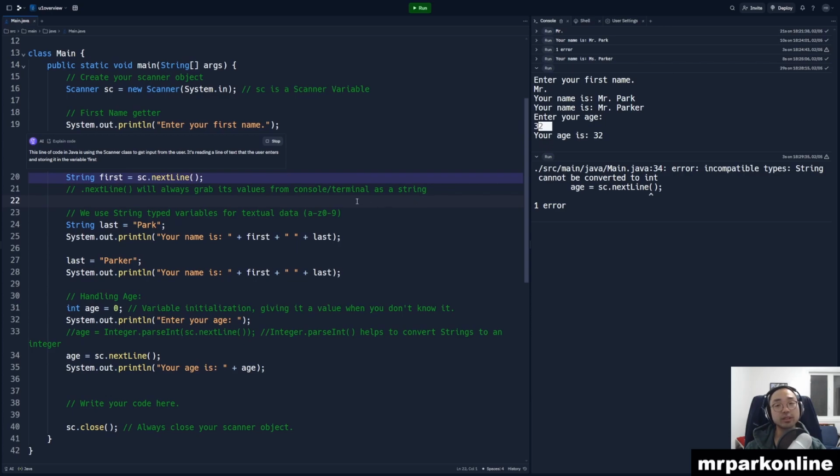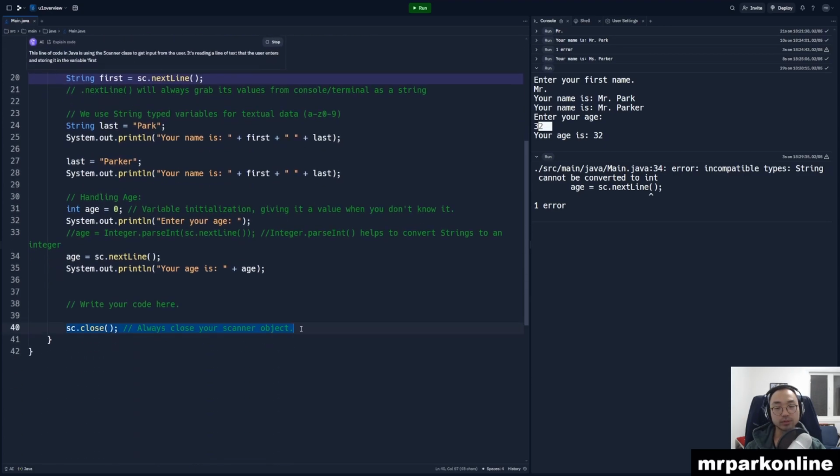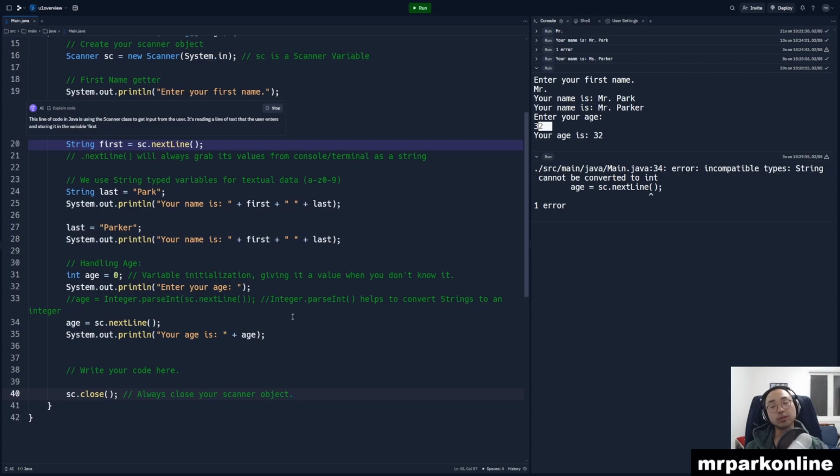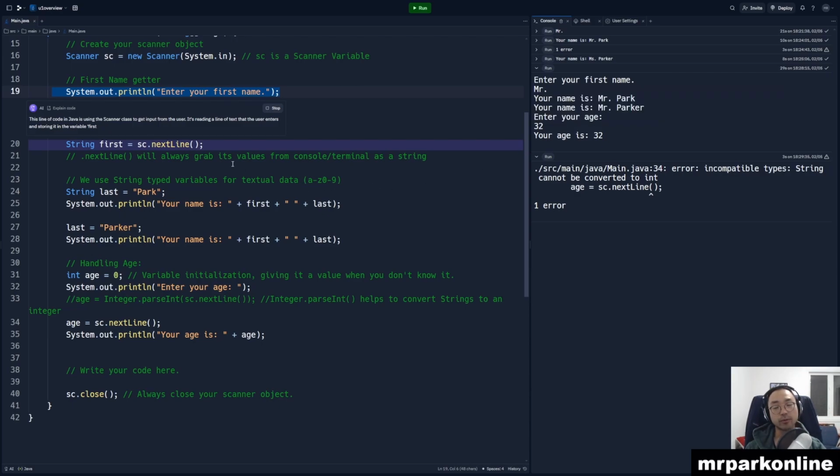And these are all the skills that you have to know. How to use a scanner: you have to import it, create a scanner object, and close it at the end. Anytime you need to use the functionality it has, you just refer to the object's name and call upon its superpowers, which we call methods. System.out.println outputs text or strings onto your console. To grab data that you type out from the console and store it in a variable,